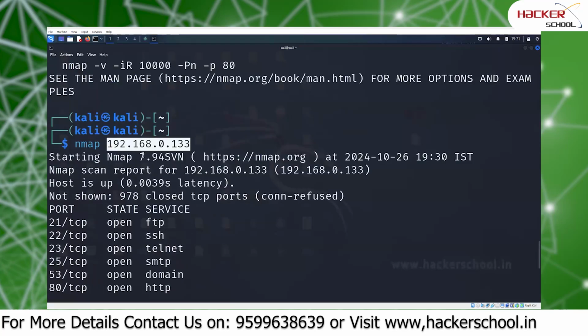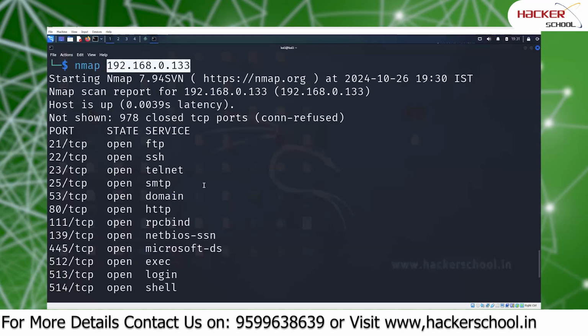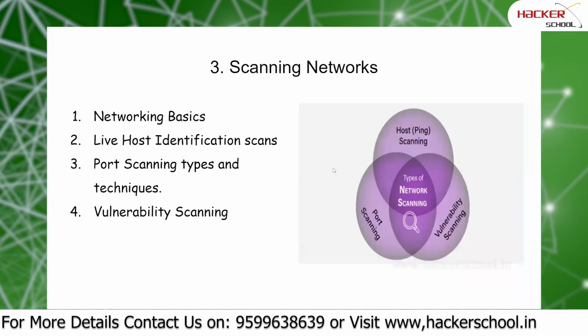Next thing that I have done is, once I came to know it is live, I have performed something called port scan, identifying different ports. Again, we'll discuss more about these things later. So basically in this module, we'll be identifying the live hosts using different techniques, and we'll be identifying different ports again using multiple techniques. Once we are done with that, once we have a clear understanding of all these things, we'll move on to the next